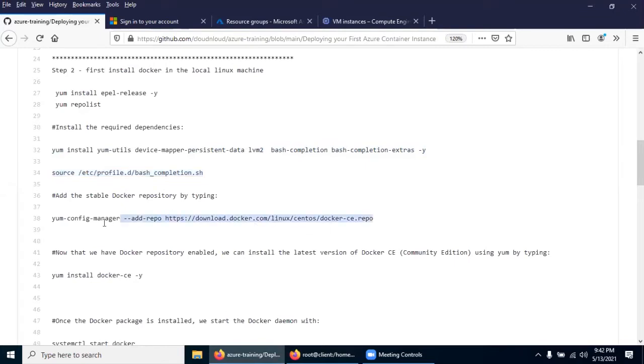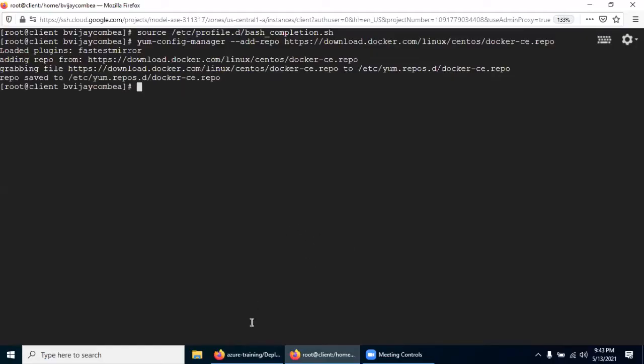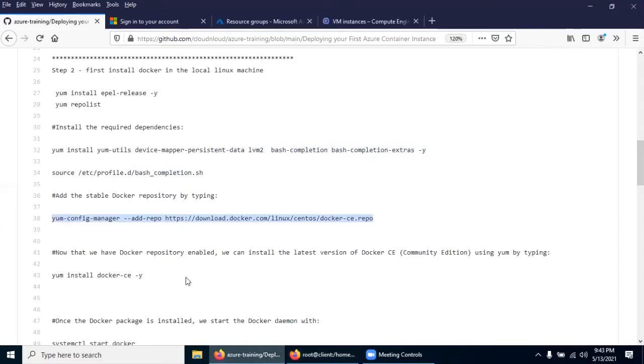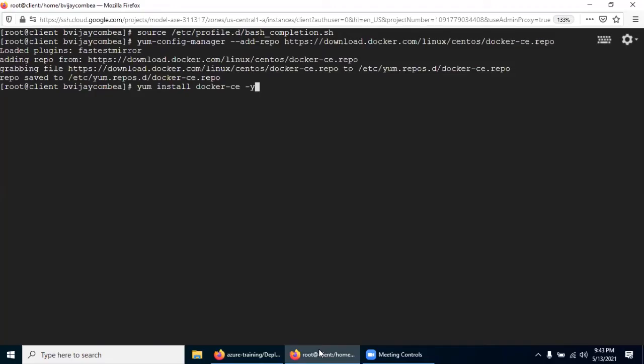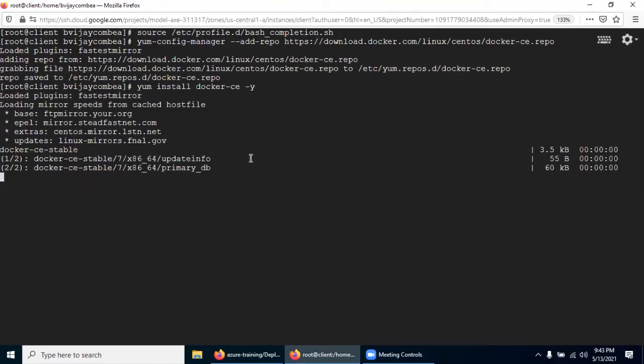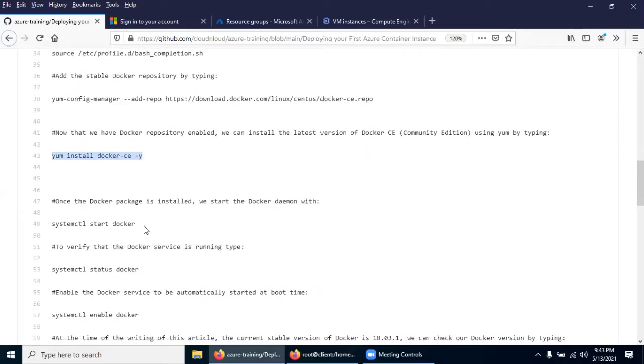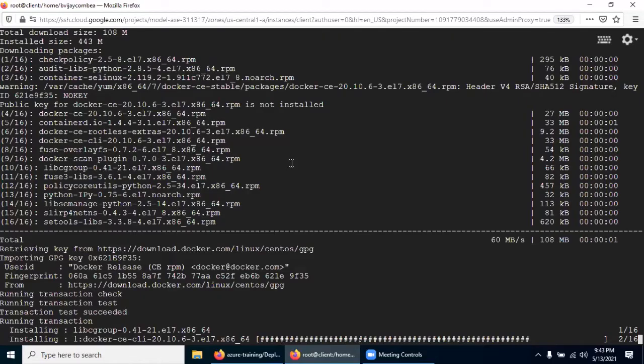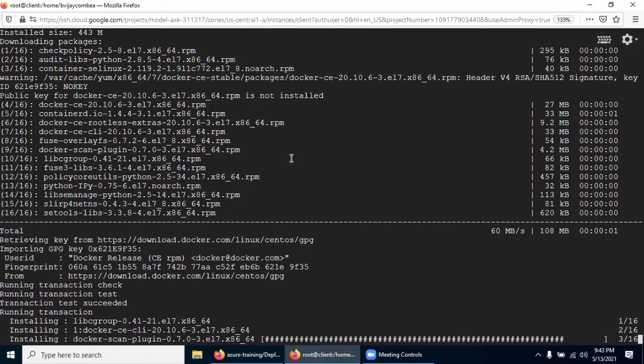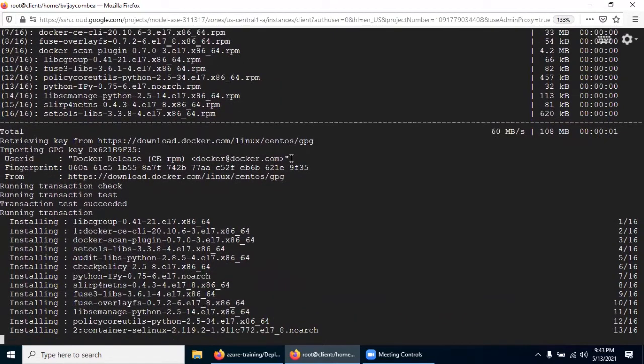Then I'm going to add the Docker repo because the machine needs to know the repository path. So added. Now install Docker Community Edition. I'm going to start. If you want, you can do it in a separate command, or you can do it in a single command itself.